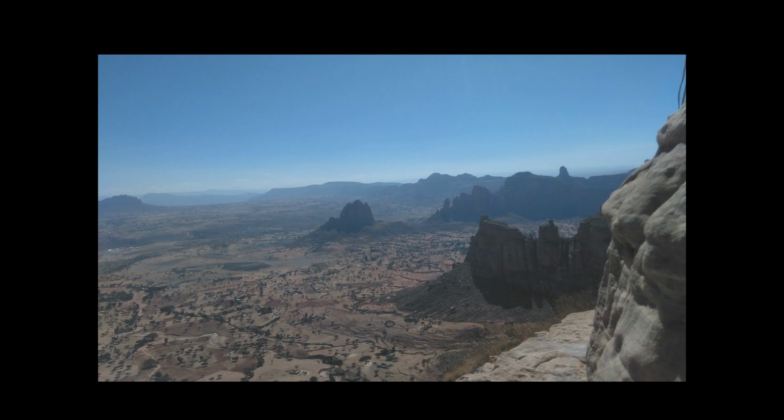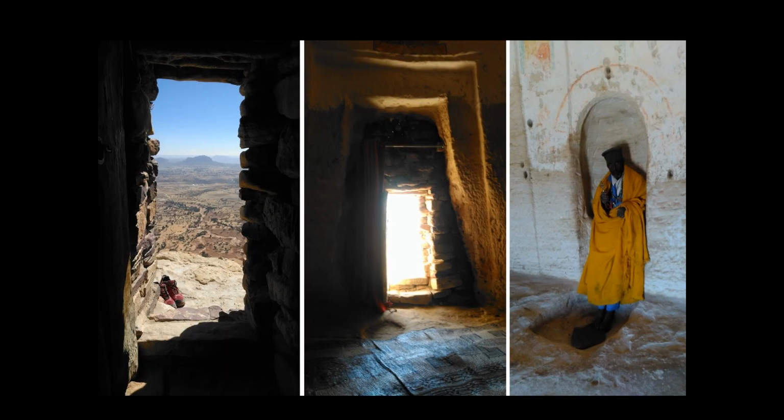I tried to just focus on the path. I'm not very good with heights. I didn't want to look down into the valley, so I was just focusing on the path. So we travel about 30 or 50 meters along this path, and then we come to a doorway, which you can see on the left there. We take off our shoes because we're entering a sacred space, and we go past a small wooden door in the cliff and enter into